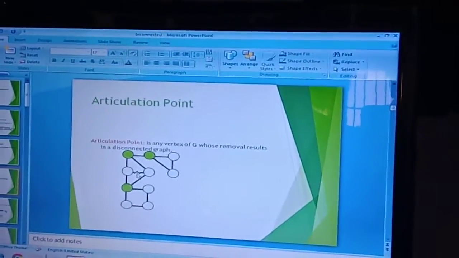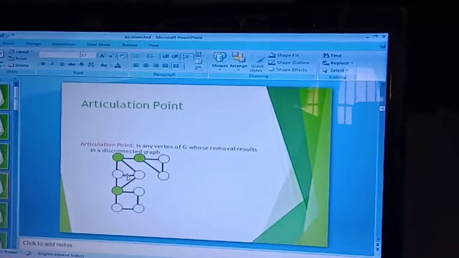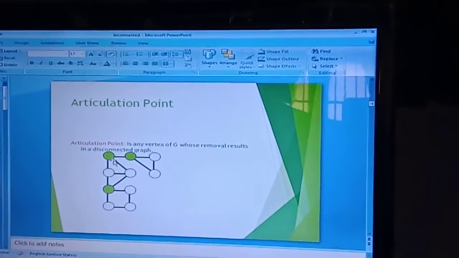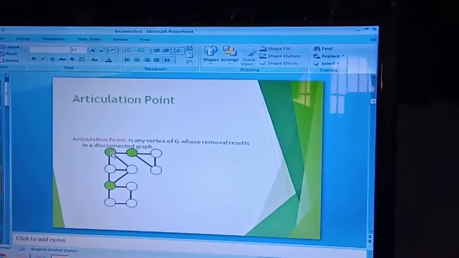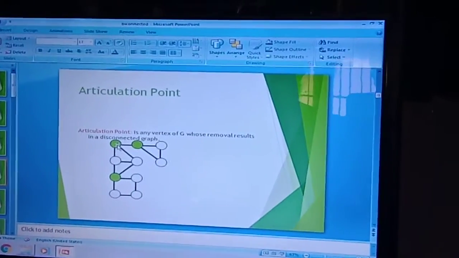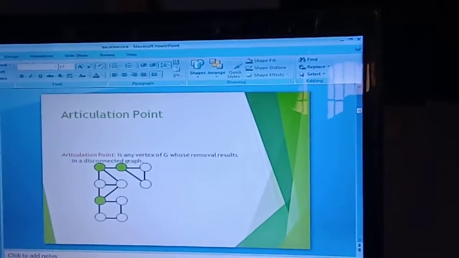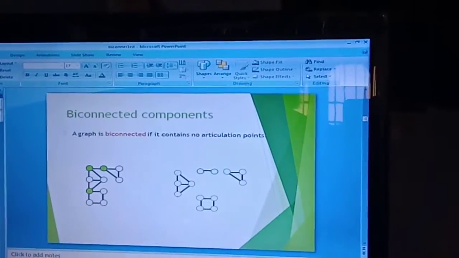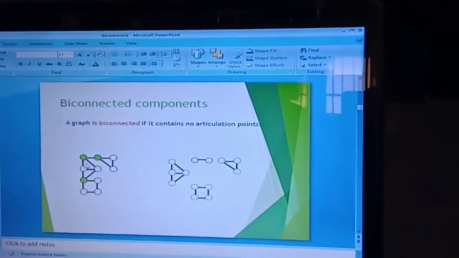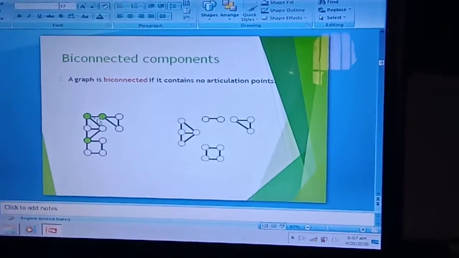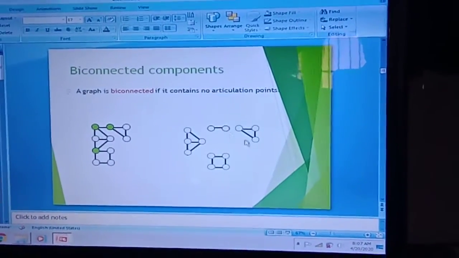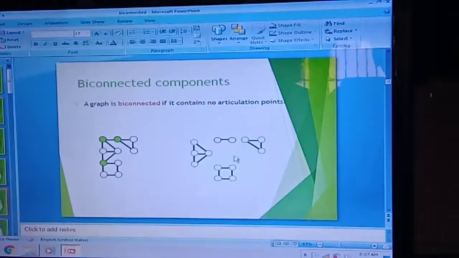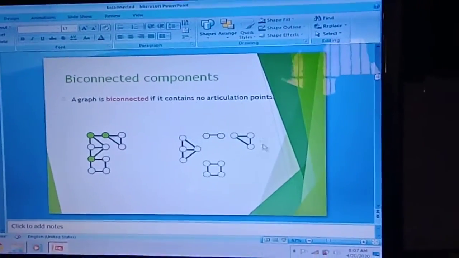So you should carefully check which node removal can divide the graph into partitions. Those are called articulation points. So here you can see the example. A graph is bi-connected if it contains no articulation point. When I remove any one of these articulation points, the number of connected components produced from the graph is as shown.